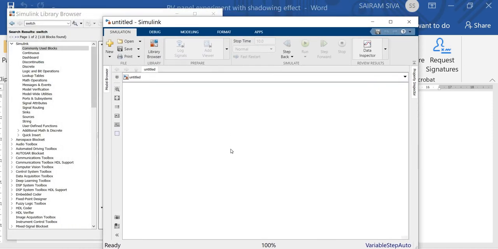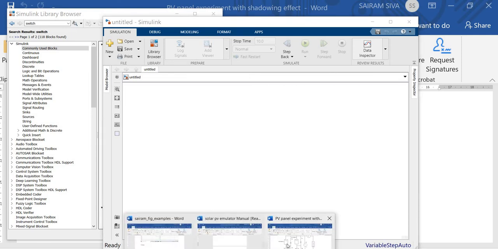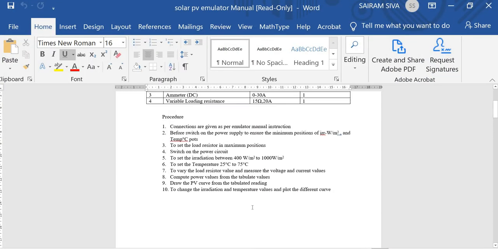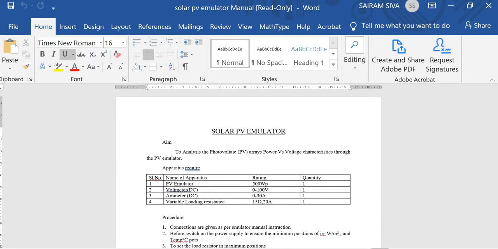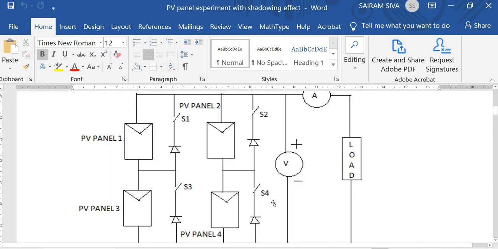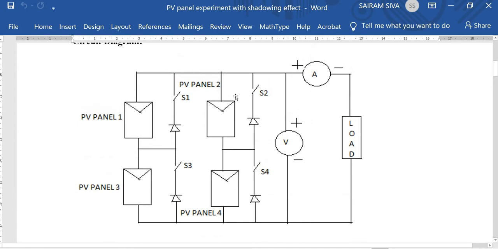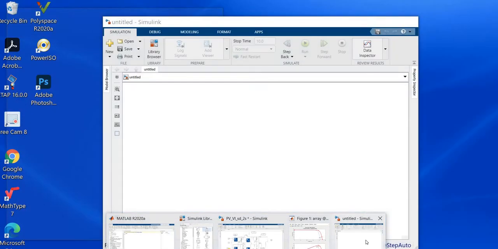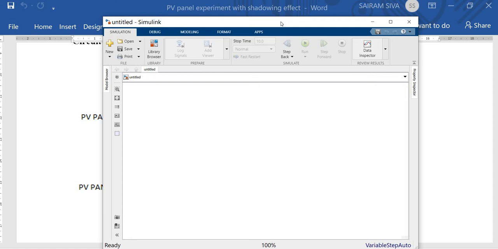Now we are going to draw the basic circuit. This is the basic circuit for the PV panel for partial shading. Now we are going to see how to draw the specific circuit.